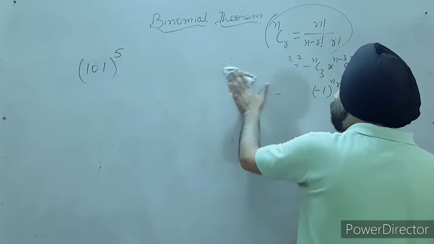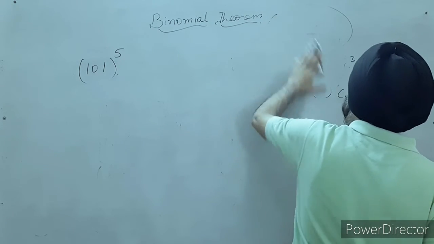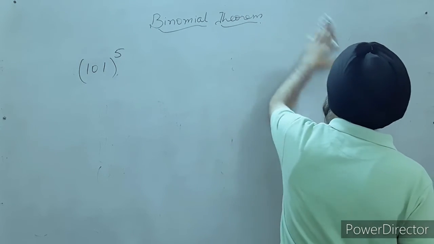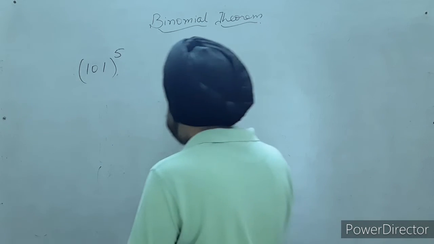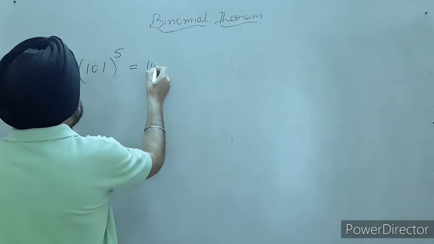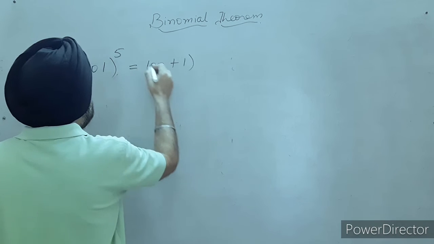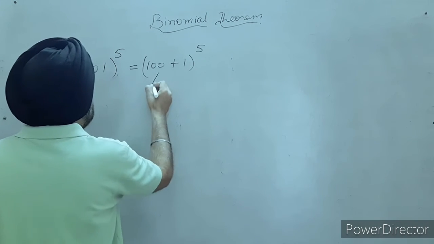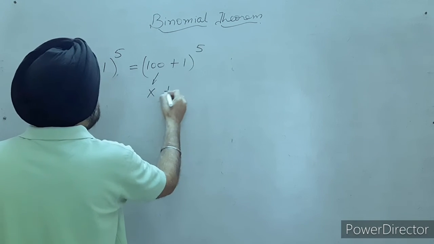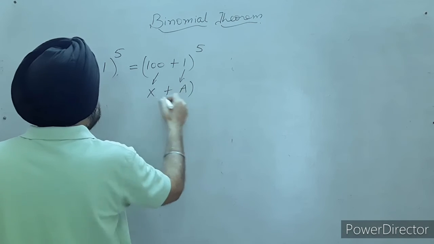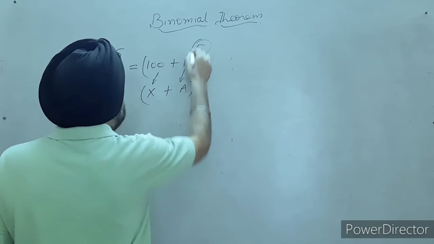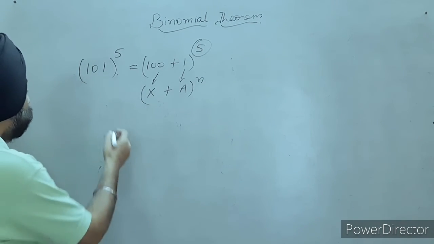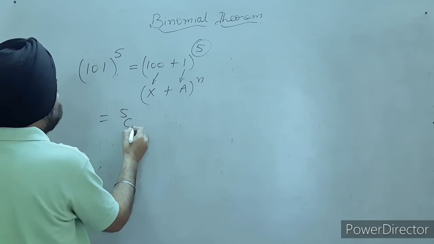We can write 101 as 100 plus 1 raised to power 5. Now this is your x plus a raised to power n. n is what? 5. So we can easily expand it like 5C0